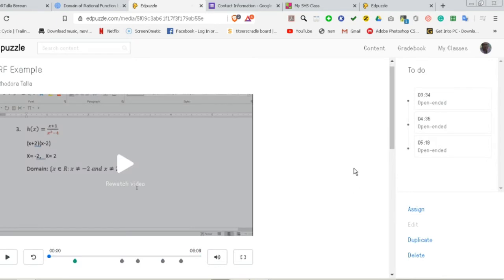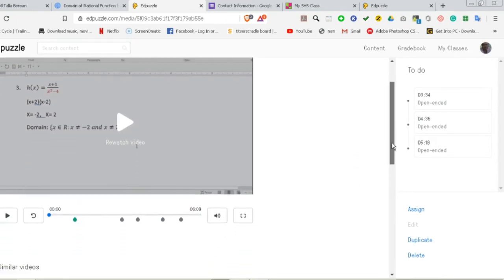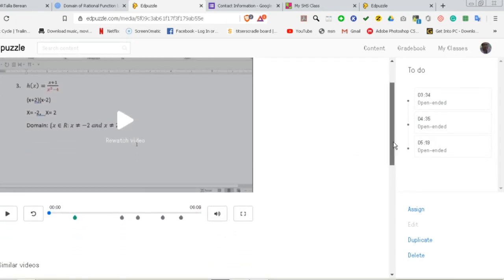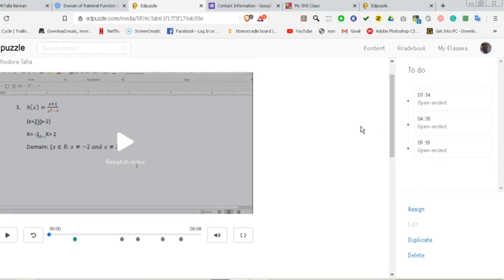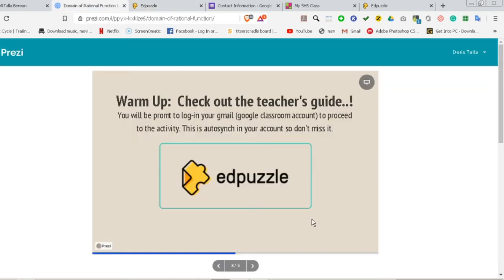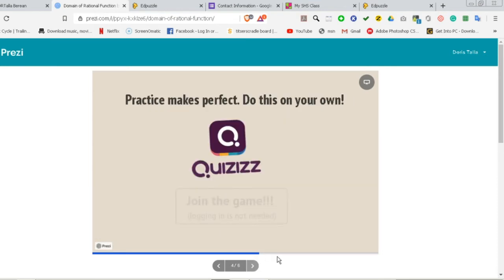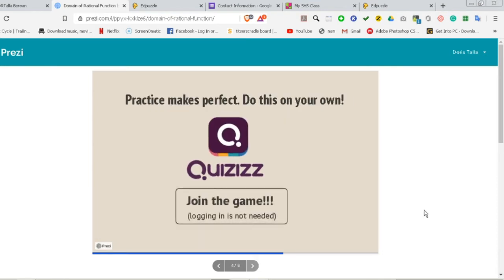Once they're done, they will have a prompt notification that the mission was complete, and it will then be recorded to the gradebook of the teacher. Moving back to the slide, they can proceed to the next activity, which is practice using quizzes. If they click the quizzes,